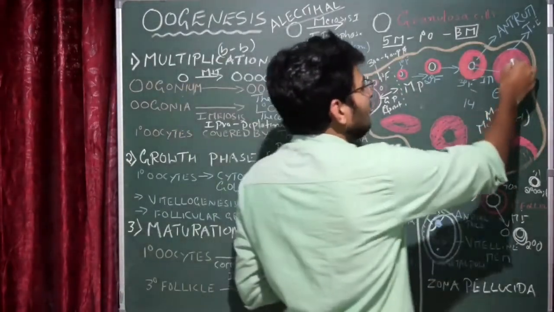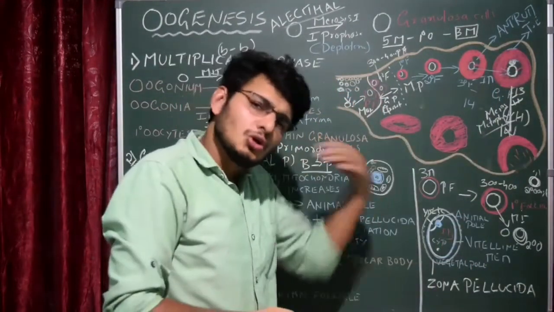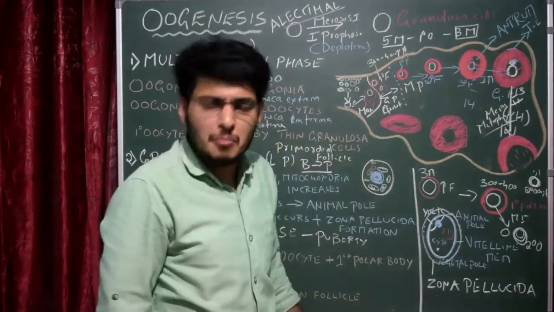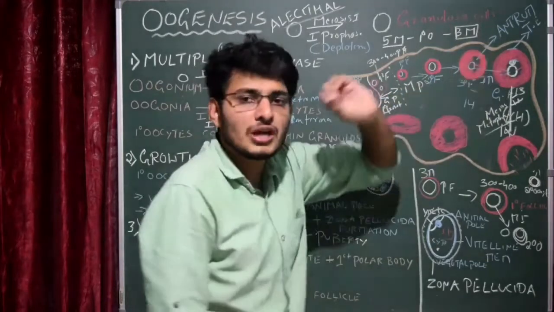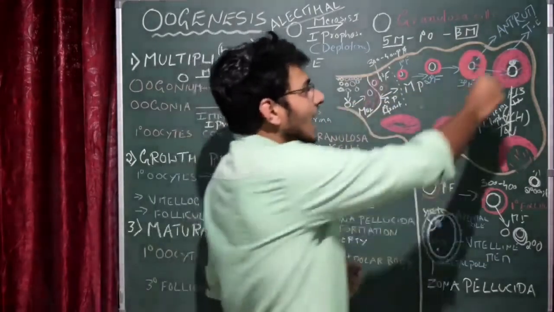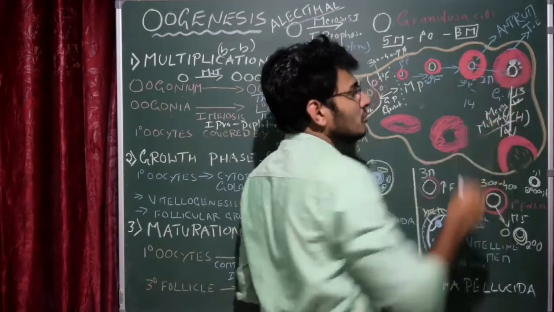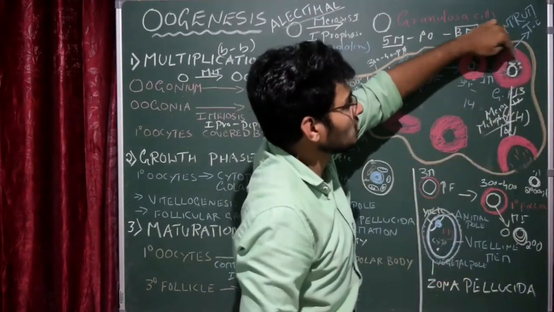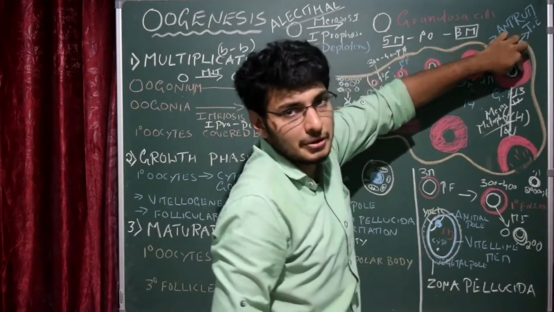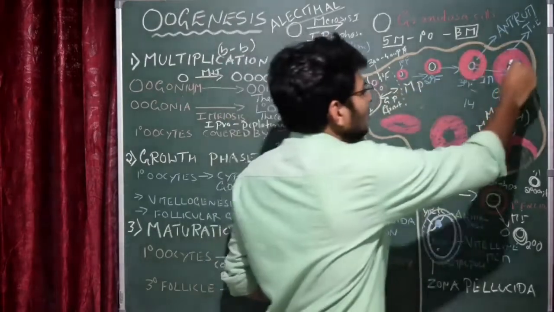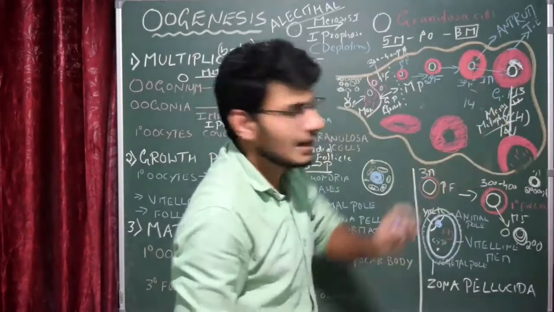So what is the fate of the first polar body? It also initiates its meiosis 2 and completes its meiosis completely, whereas the secondary oocyte did not complete. Okay, and as a result another polar body will be produced. How many? Two polar bodies will be produced because these are two cells, right? So we call this the second polar body and this the third polar body. Okay, and they degenerate. There is no function, so they degenerate. Don't worry about it. Okay, we have to consider only secondary oocyte.